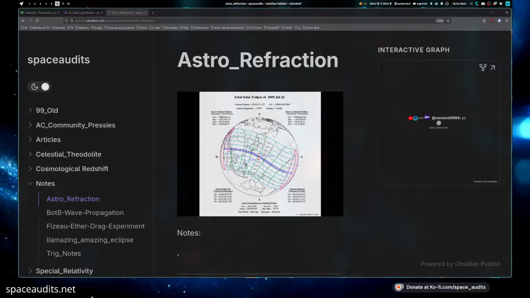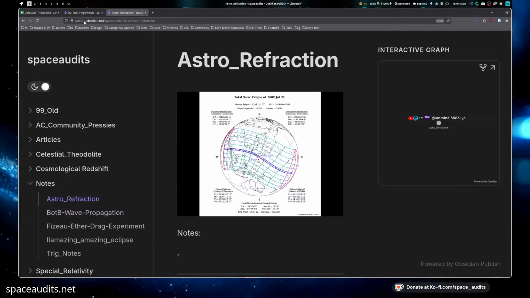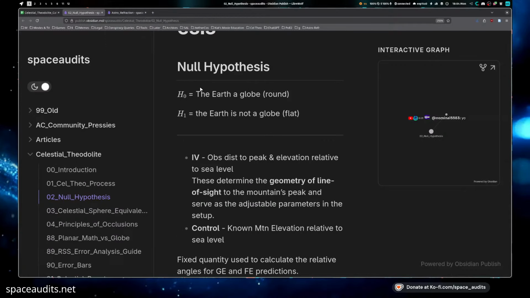Now, before we begin tonight, we're going to take a new approach to the Celestial Theodolite in terms of looking at it in terms of mini eclipses, because we're going to have a bunch of time to go over it, rather than dealing with all these angles and what this unit means. We'll go over that, obviously, but the important part to take away is that you could argue it is just off of timing. So we'll touch on that. But before we get into that, we're going to recap the null hypothesis, the very backbone on which this all started.